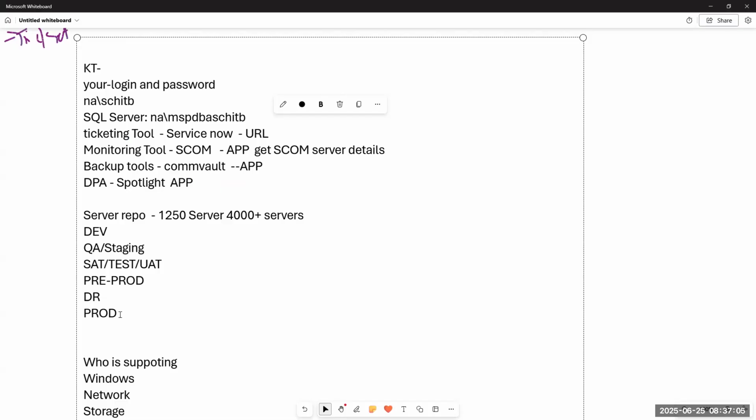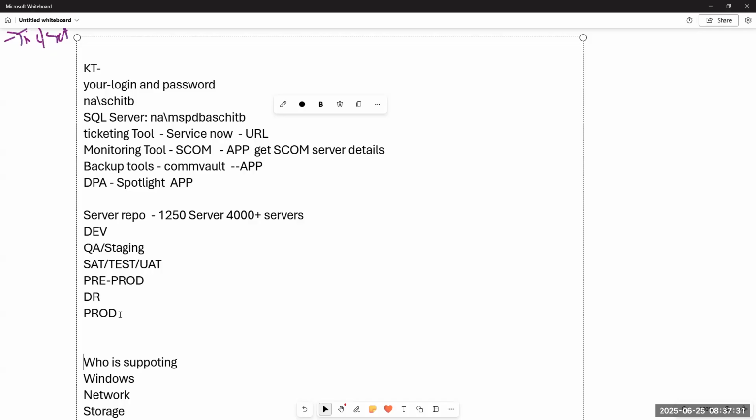Finally, it will move to the production servers. Until it reaches the production servers, you can't see the changes. Correct? When you are using an Android mobile or iPhone, you get application updates, right? How are they getting updates? It moves through the dev server, test servers, pre-prod, a lot of environments. Finally, it comes to the production servers.